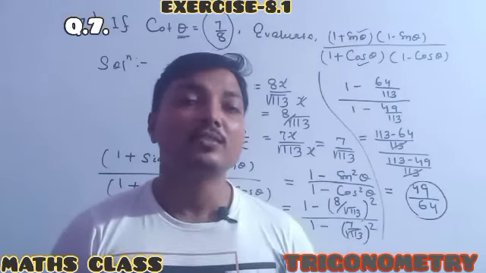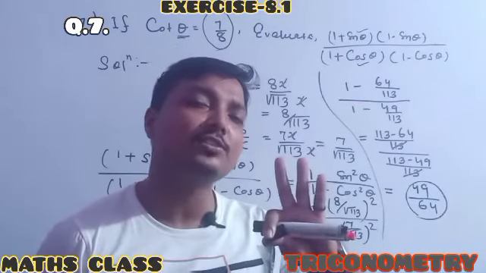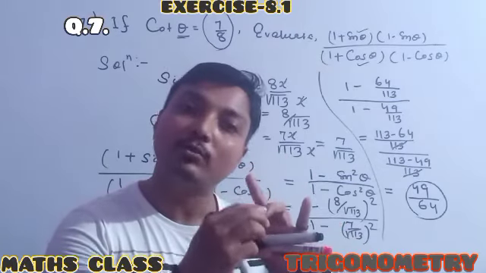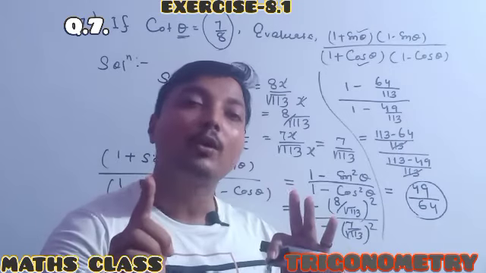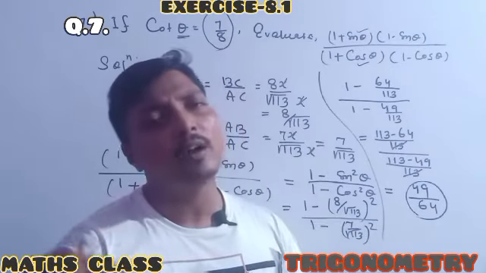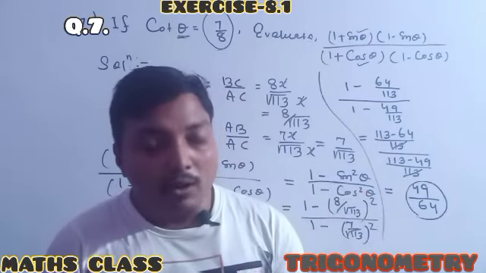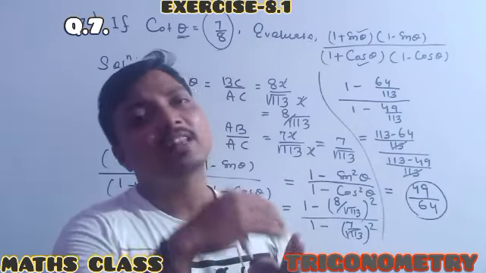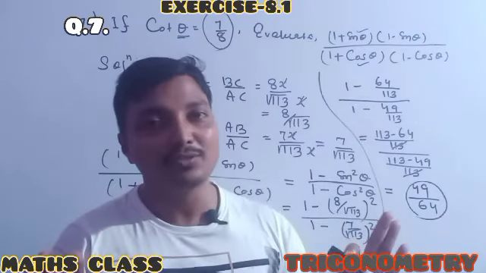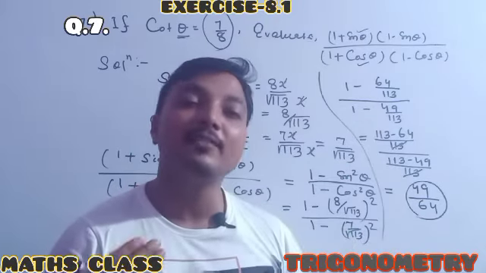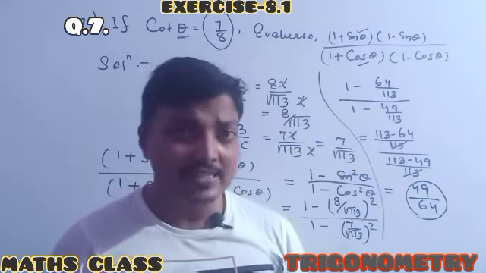Understood perfectly? So it means whenever 3 sides are given, how to find the trigonometric ratios; 2 sides given, how to find the trigonometric ratios; and whenever one trigonometric ratio is given, how to find any of the other trigonometric ratios, and by getting those, how to solve the expression. Understood? The rest of the remaining questions I am leaving for you. You have to kindly attempt. I hope you can solve all the questions.